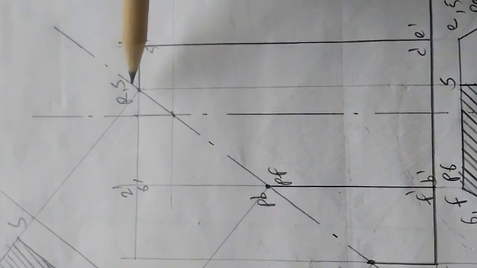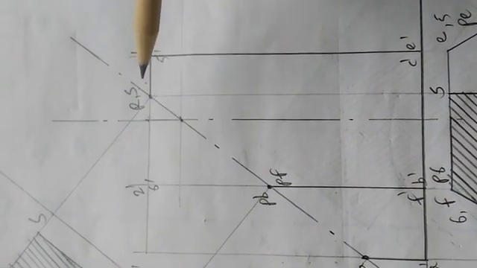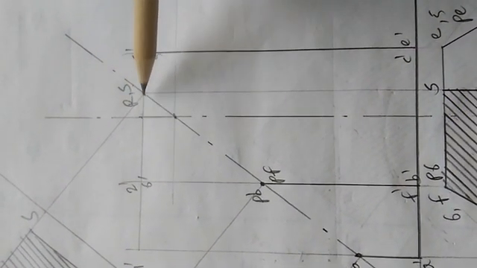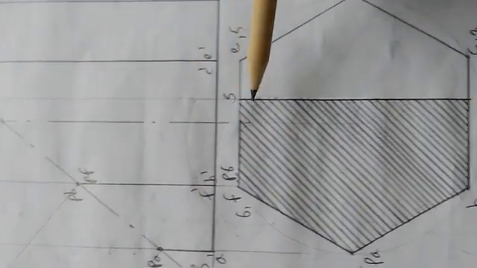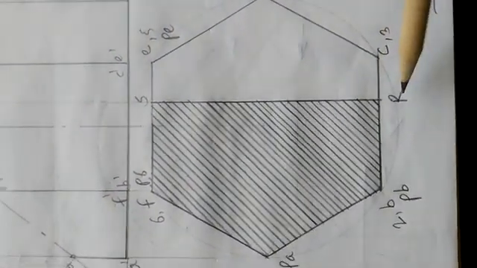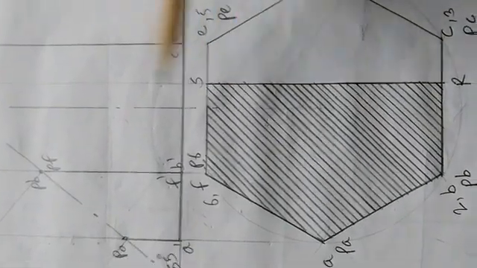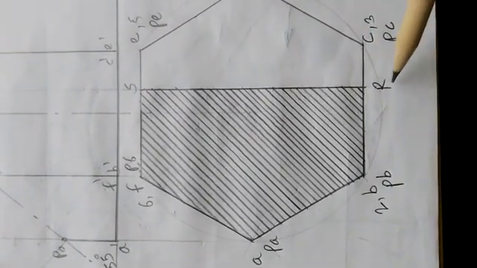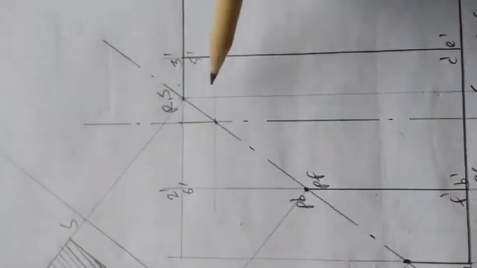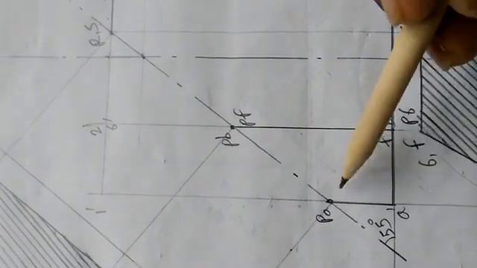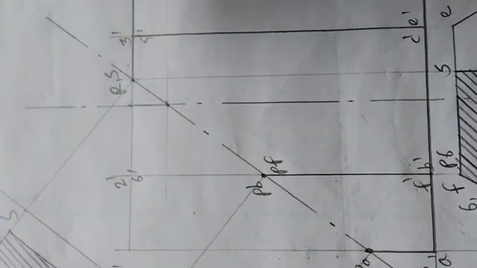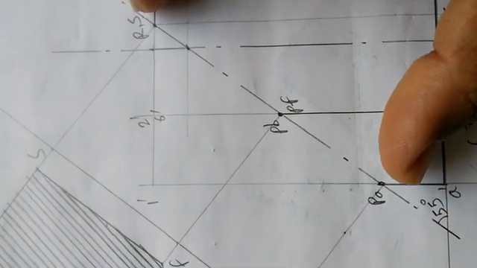Randomly, any name you can give: PQ, RS, TU, any name. So I have put the names R and S. R is towards us, S is away from us. When you put the arrow here, R will be towards us. Accordingly, I have named RS here. Now these points PA, PB, PF and RS you have to project again in this direction in order to get the true shape.